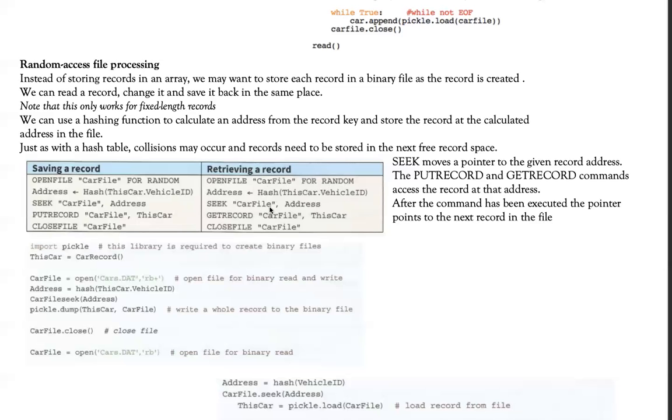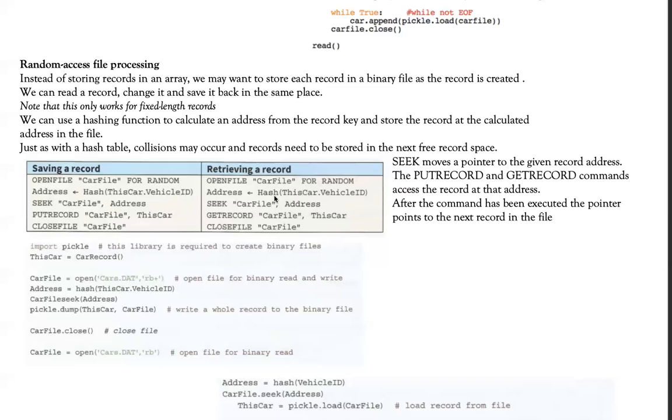I will seek the car file to that address using fixed length records, of course. I will get the record from this position in the file and place it in this variable right here. This is my variable in my memory, and this variable is of type car. After that, I will close my car file.